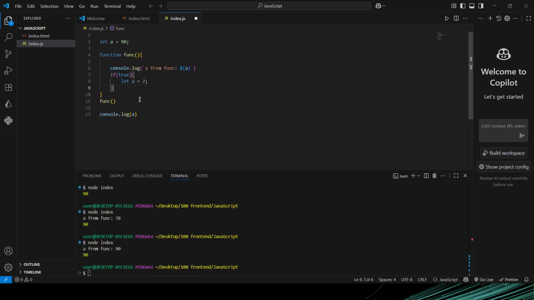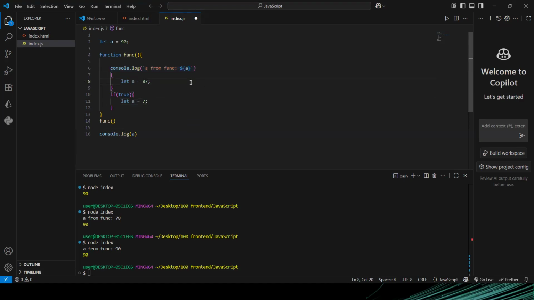Another way of creating a block scope is I can also do something like this. So this is also valid. I can say let A equal to 87. They are all different. This A here is different from this A here. So I can also create a block scope like this. But this could be advanced. Anything I do inside here will be executed. So I can say